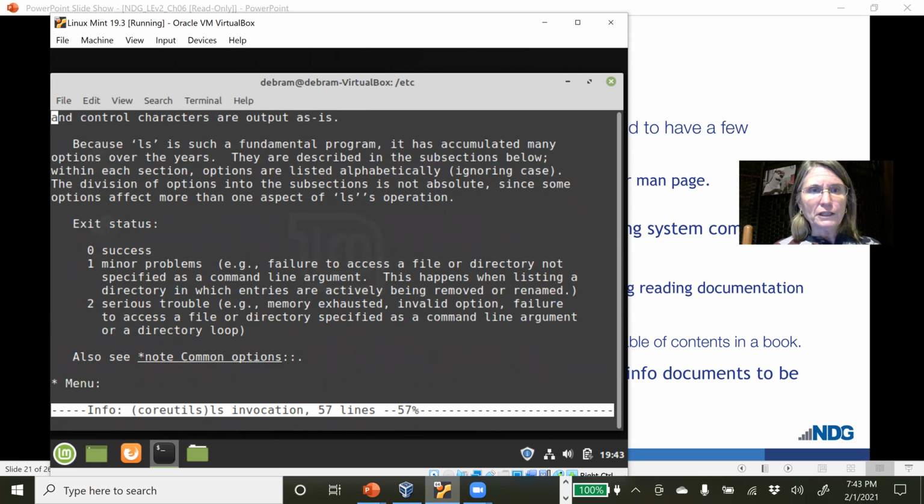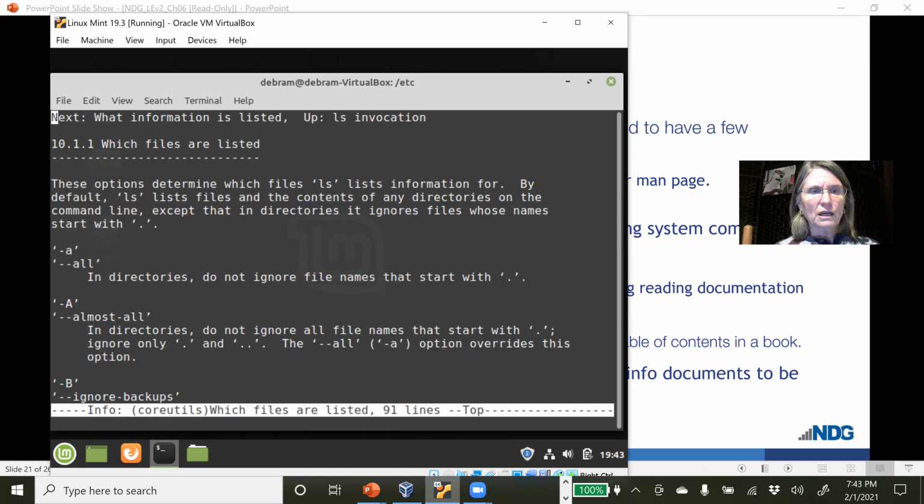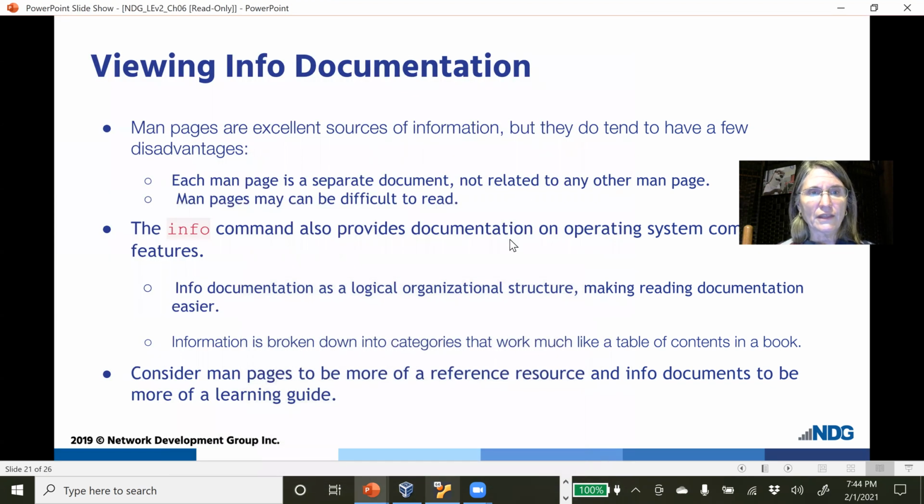Again, we can hit the space bar to go down through the page. We can see that we're 57% through this particular section. And now we've moved from section 10.1 to 10.1.1. So another subsection under that. Some people like the info document, some people not so much. Usually you can find what you need in the ManPages, but sometimes the info document is really the only place with enough detail. So don't forget that it exists, and also go through the rest of the PowerPoint here because